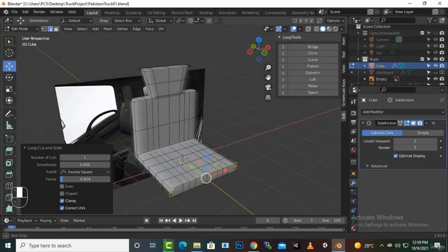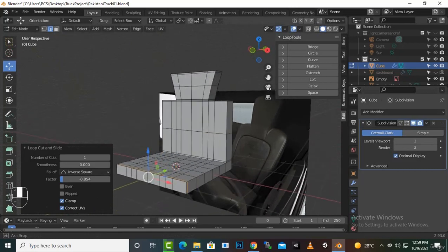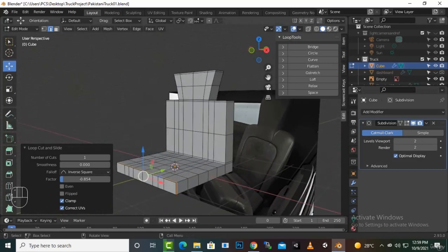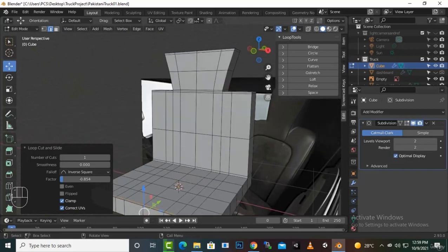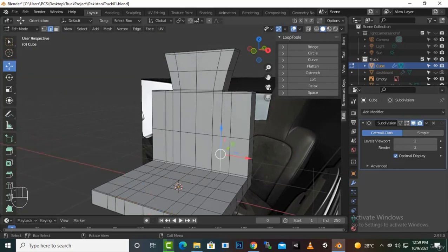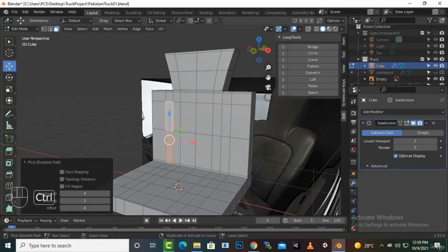Okay, so that's good, but also we need some extrusion here. You can see that this section is extruded inside and then outside. If you want to do so, we can select this section. We will create a loop here maybe, and then select the section till here, okay,